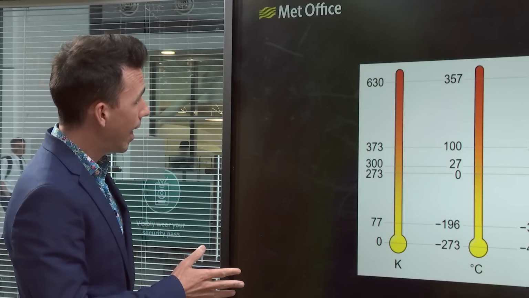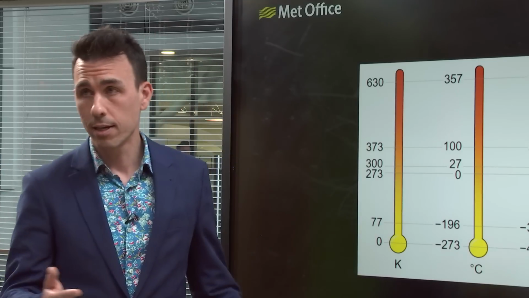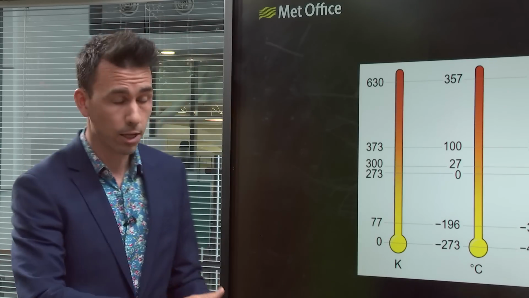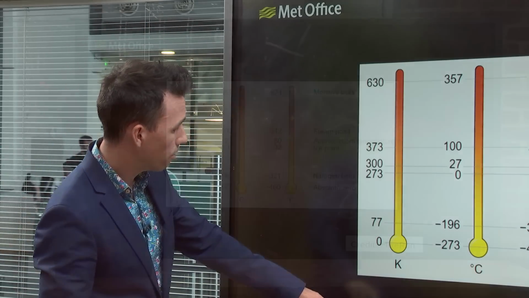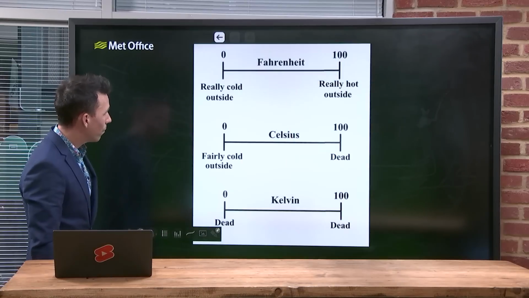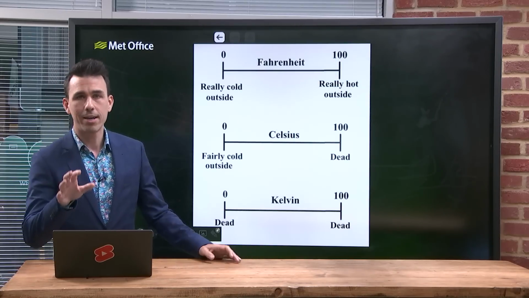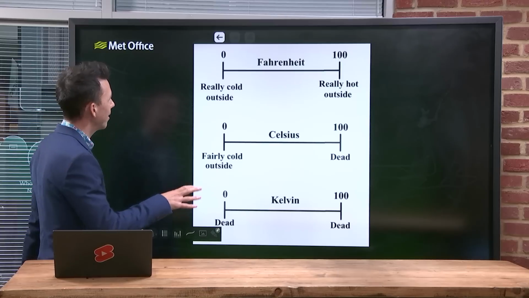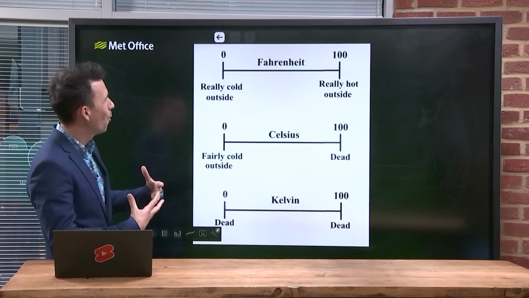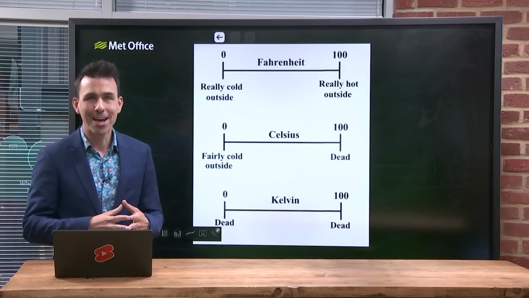So that's Kelvin, and it's useful for scientific measurements because, of course, it starts at zero for absolute zero and then goes up in increments of degrees. And I like this. This is good. I don't know the original source for this, but it shows how these different scales affect us from 0 to